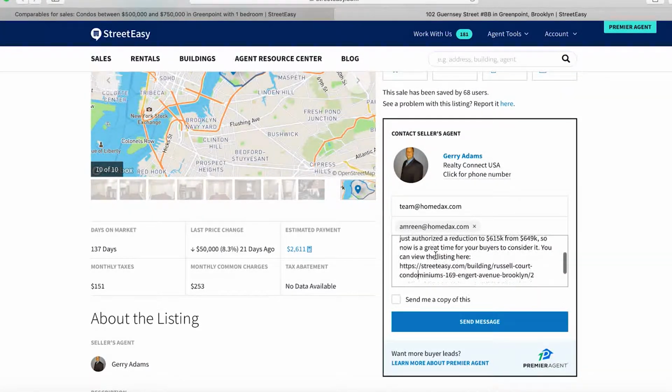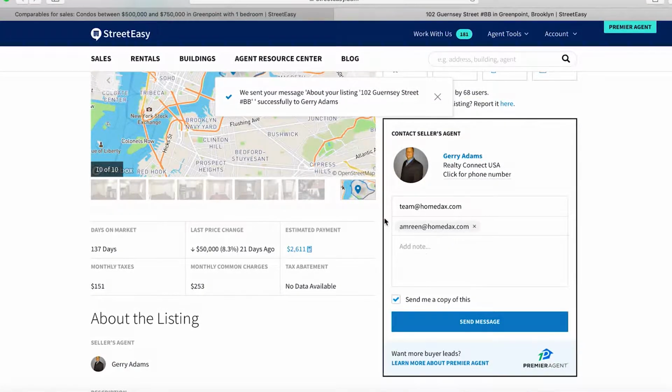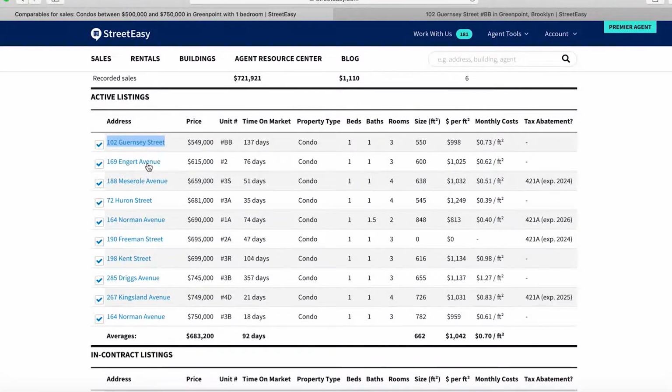Looks good. And then make sure you check the box, send me a copy, just so you have in your inbox a record of the outreach. It can help you keep track of the effectiveness of the message, who responds. It's just generally good to keep a record of it. So go ahead and hit send message right here. And once the message is sent, it gives you a little pop-up on the top. So we've basically done one, and then the idea would be to just do that exact same thing for all